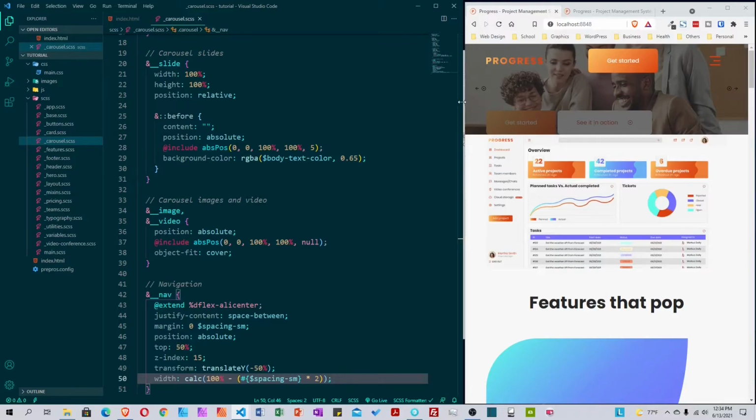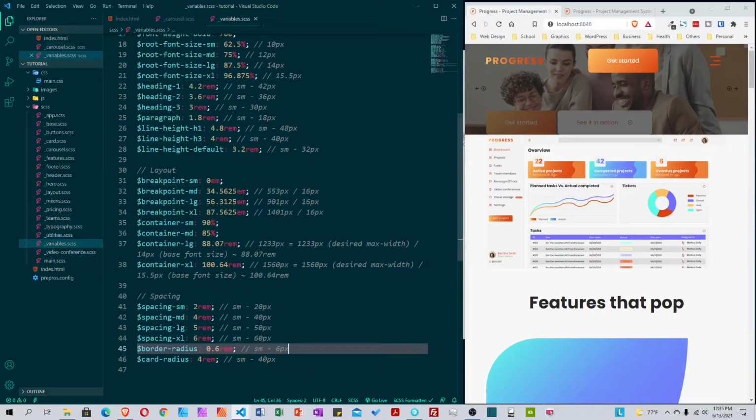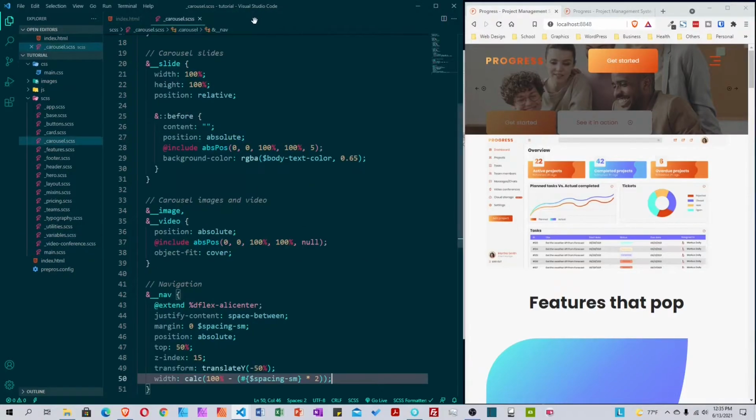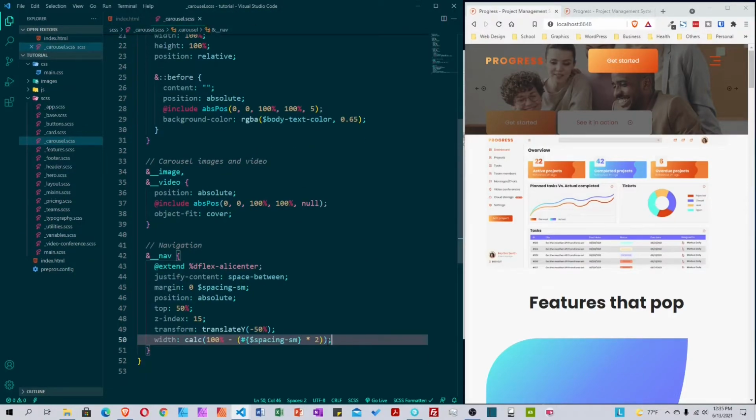let's see, you got the same result. Let's say I change this SM to be another value. Go to variables and spacing SM right here. Let's say I change this to 4 rem, save it. Now everything shifts nicely, as you can see. I bring this one back to be 2 rem. So after this,